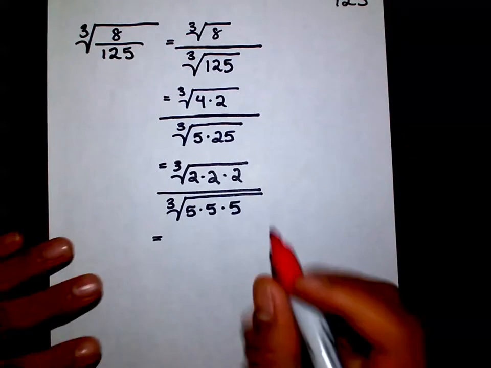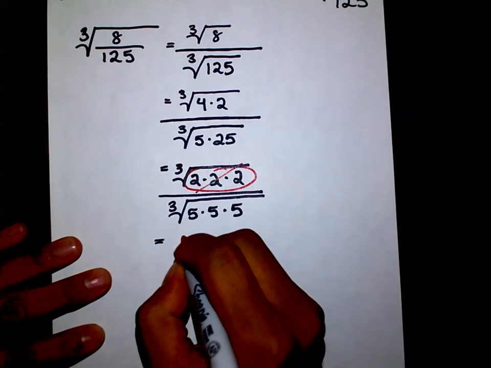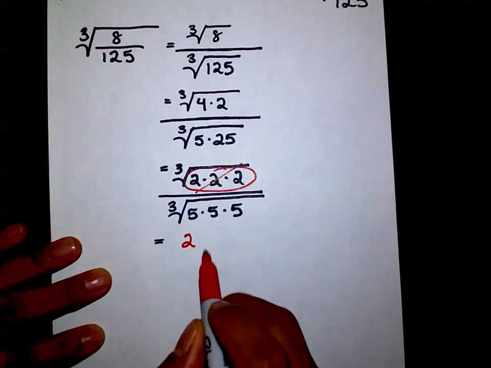Alright, so I have 3 2's on the top. I circle those and I pull out 1. And I don't have anything else, so I don't need to write cube root of any number. I just write 2